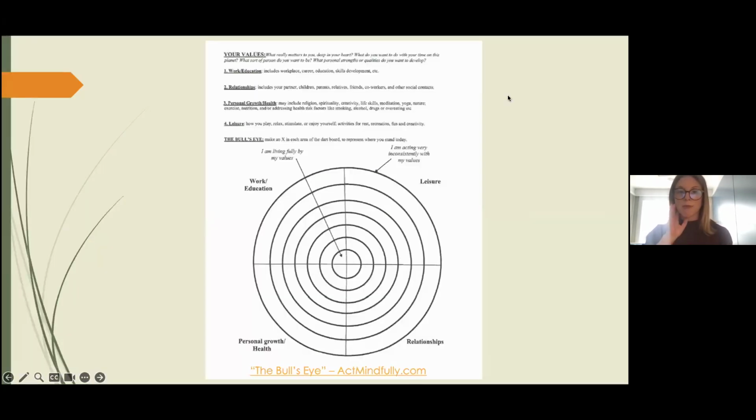As I said, I'm just going to share some other examples. This is the bullseye exercise, and all of these are freely available. I've shared the links here. They're all freely available online, so I'm not giving you anything that you wouldn't be able to otherwise access. And these are just prompt ways that you can ask people to think about domains.